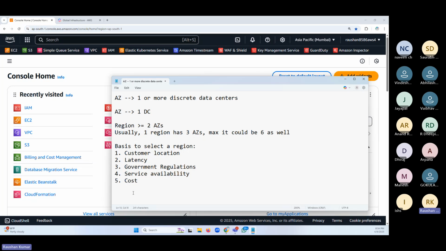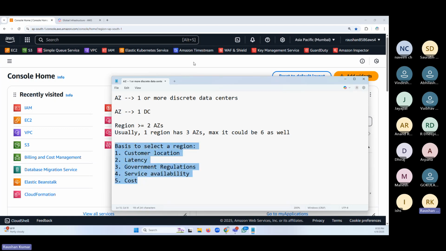They want to earn more. It's a business model. They have invested so much in the data centers. They want people to use it. If they see that a lot of demand is coming to a region's data centers and availability zones, they may hike the price by 10 cents or 20 cents. So these are the reasons, friends, on what basis we select a region.